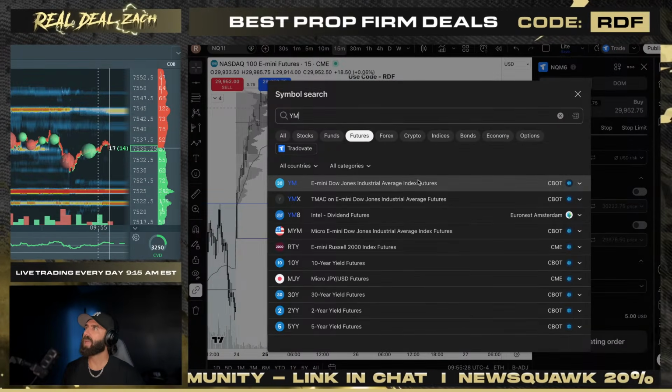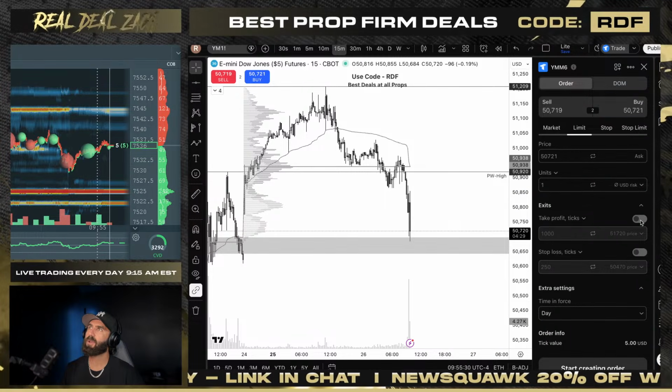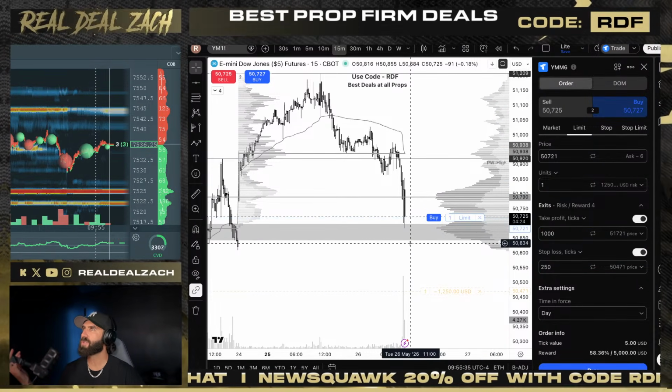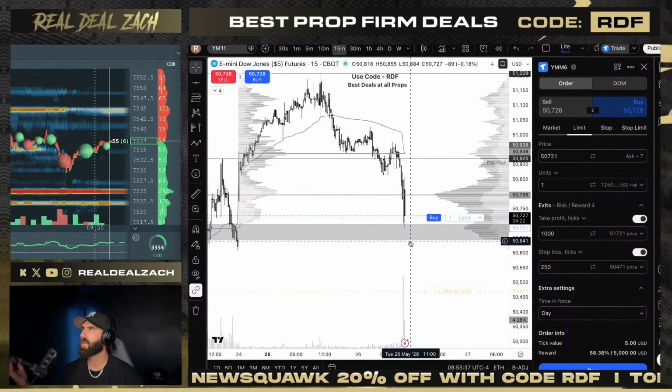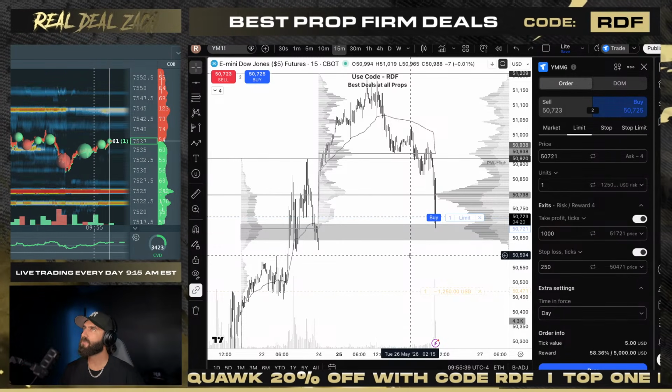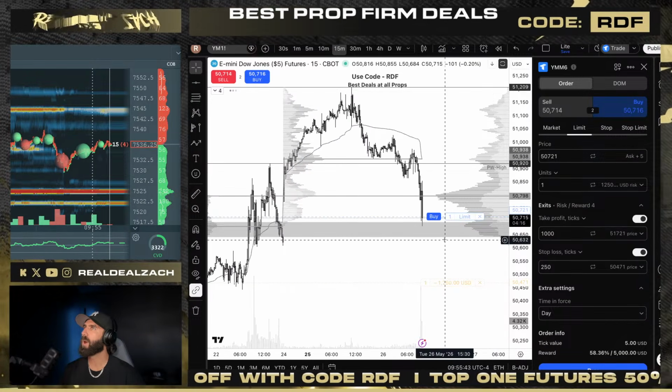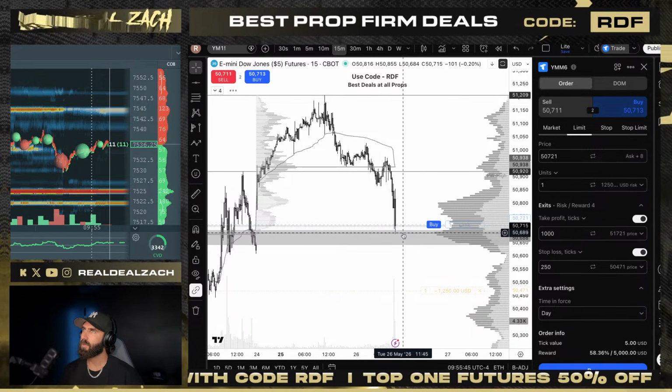I think we could absolutely turn to the downside here and just rip faces off. I would have loved to catch this all the way down where I wanted it, where we're filling the gap, but I'm getting ready to long this for the move all the way back up towards VWAP and through. Getting ready to long this down here.